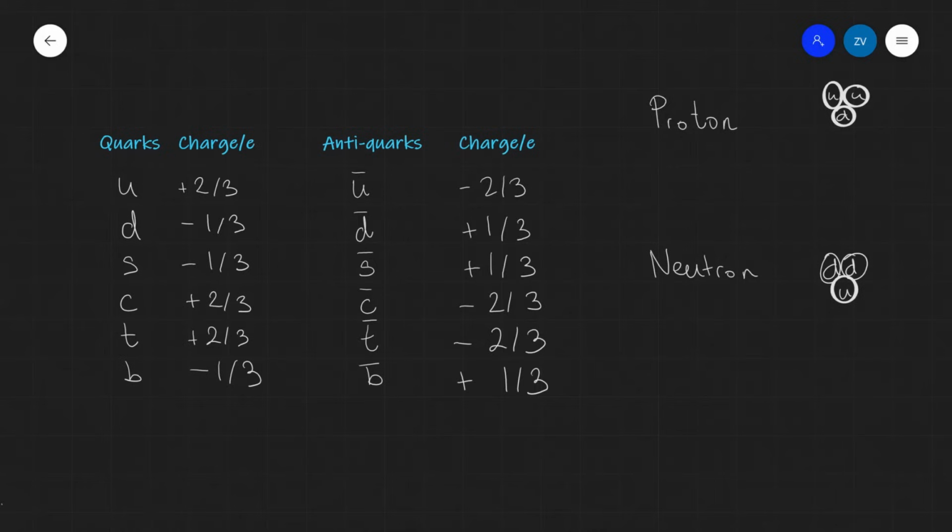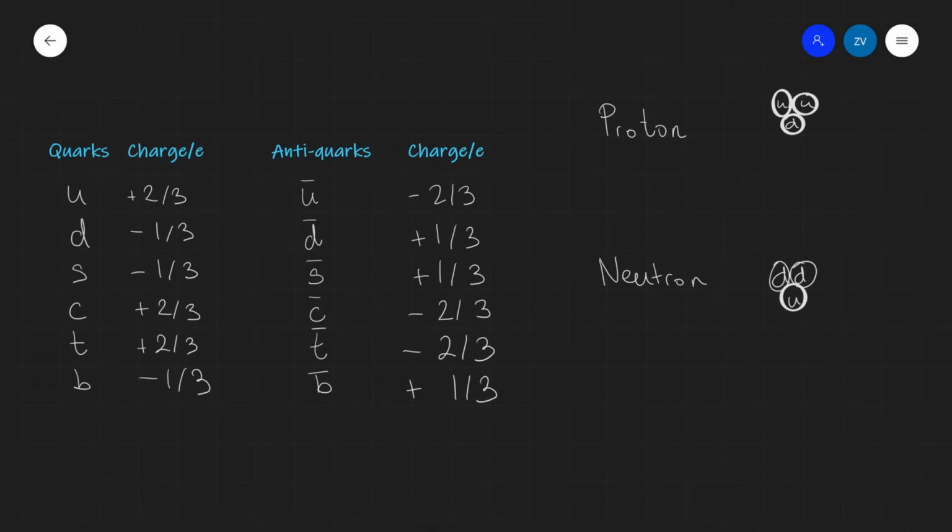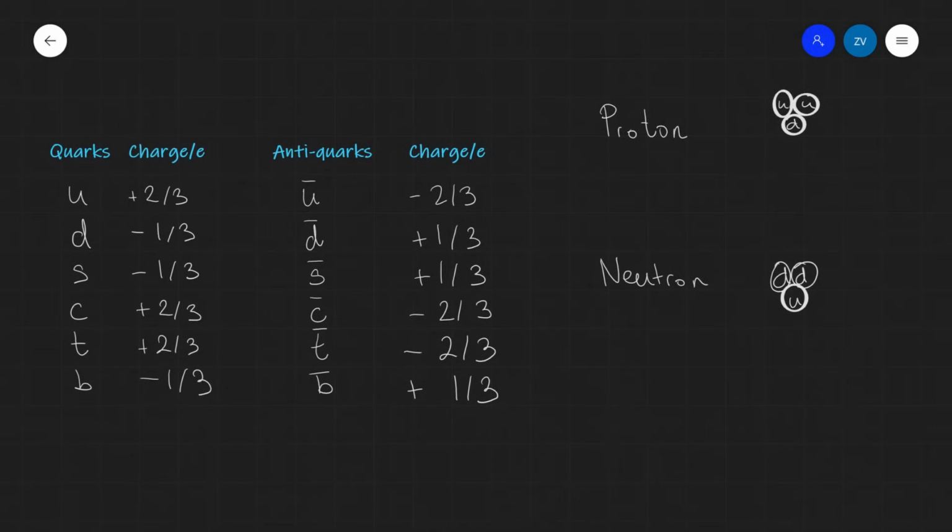The quarks have a fractional charge, so in terms of E, an up quark is plus 2/3, a down quark is minus 1/3. These values for the quarks and the corresponding anti-quarks are given in your formula booklet. We could use them to work out, let's say, the charge of a proton. For instance, a proton consists of two U's and a D, which would mean that the overall charge for a proton will be equal to plus 2/3 E,